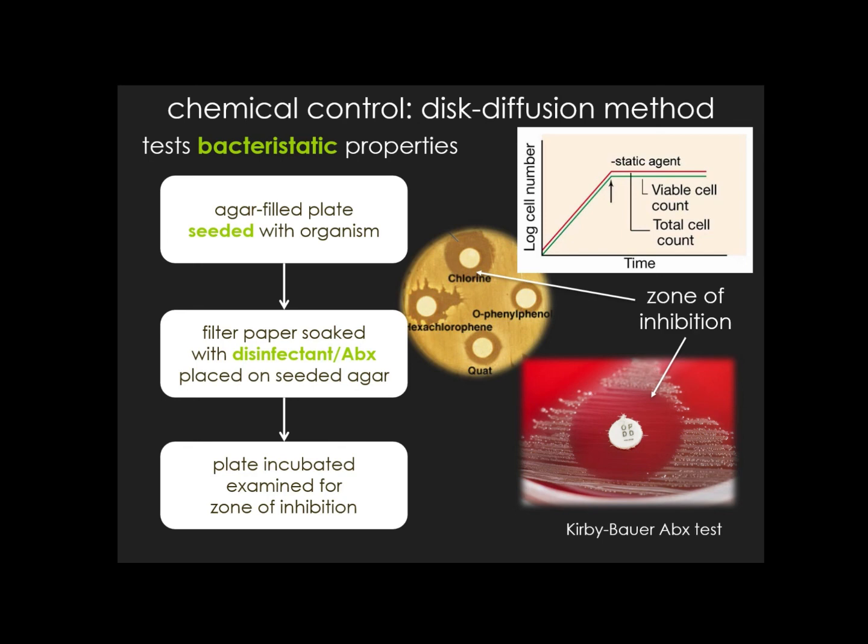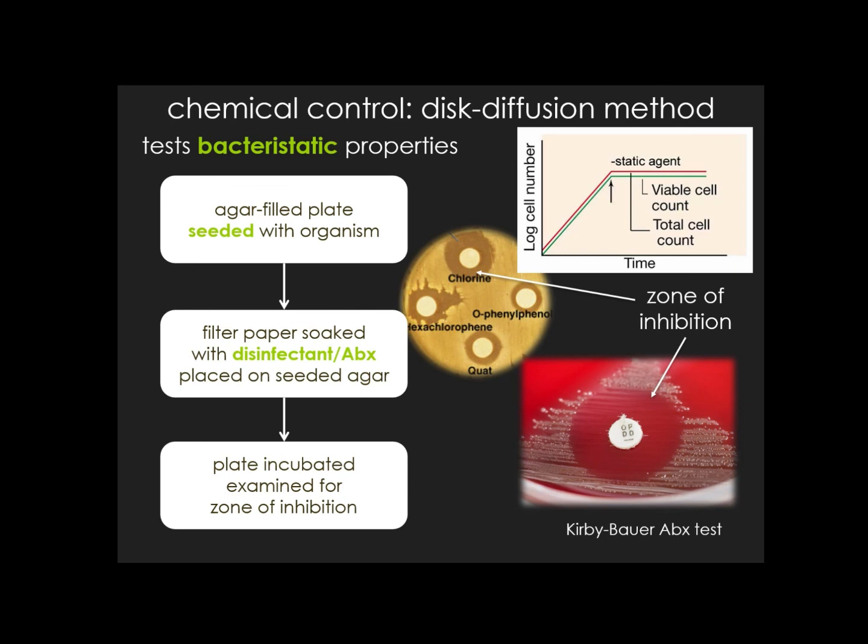And again, the procedure begins with a plate seeded with organism, and then filter papers which have been soaked with either a disinfectant or an antibiotic or some chemical agent will be placed on that seeded agar, and then the plate is incubated and examined for growth. So the plate contains the antibiotic or the disinfectant or the chemical, whatever the agent is, and the cell is never allowed to grow outside of the presence of that agent, and that's why this will only tell you that